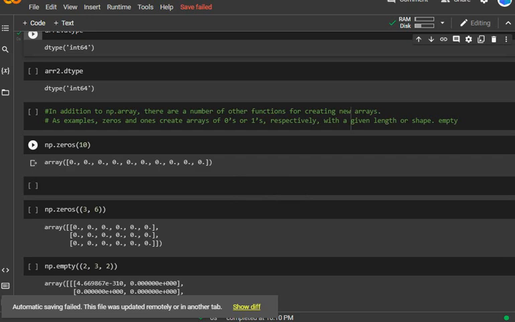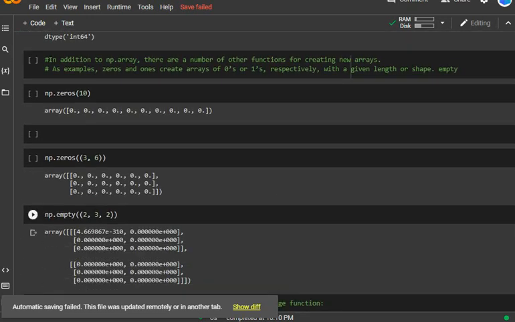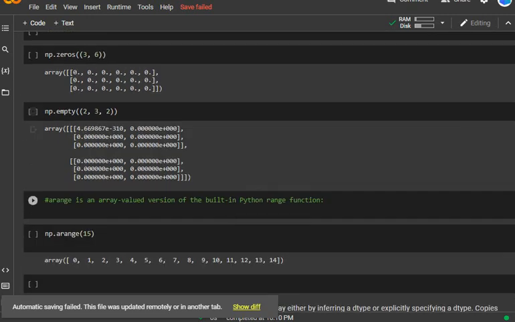There are a number of other functions for creating a new array, like linear algebra. First, if I want np.zeros, zeros means the row contains zero values. If I write np.zeros with 3 and 6, it means we want to make 3 rows and 6 columns, so we create this type of array. And similarly for two dimensions, 2, 3 and 2, we can create this type of array also.